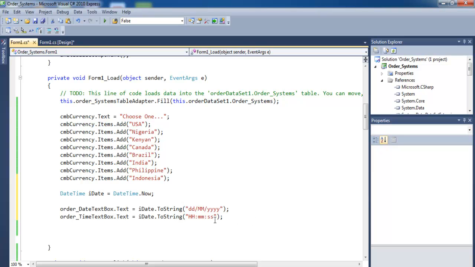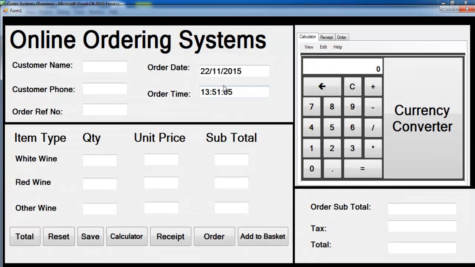Okay, if you look at the format, look at the date. Lowercase d, uppercase M, lowercase letter y's. Let me run it before we have a go at changing it again. Can you see that? So that gives me today's date and the month, the year, and that is the time